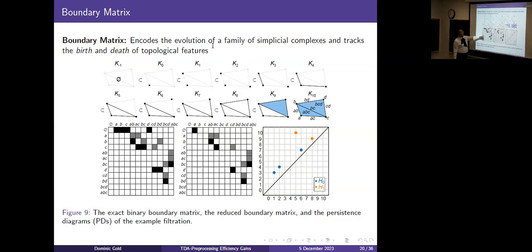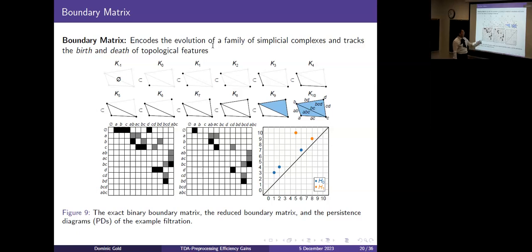So if you take a look at, for example, maybe this column, I know it's maybe a bit hard to see, but if you look at column A, B here, there's a reason it's filled in with A and B there, because it's called the boundary matrix, because those are the boundaries of that edge. The boundaries of edge A, B are the points A and B. Similarly, if you look at the triangle, the first triangle is in K cloud, right? And that triangle is, let's see, B, C, D right here. Yes, right here.